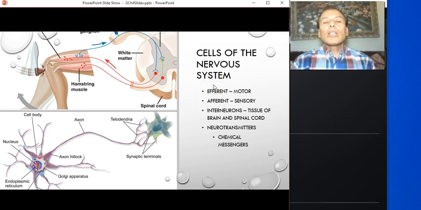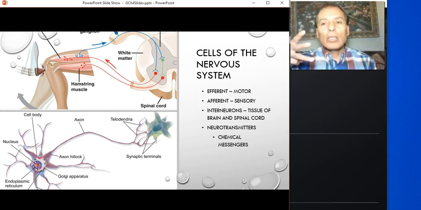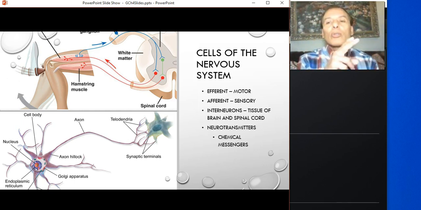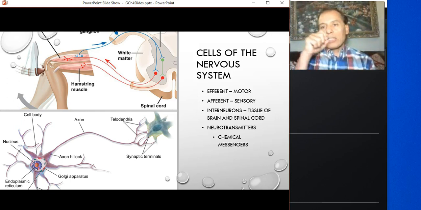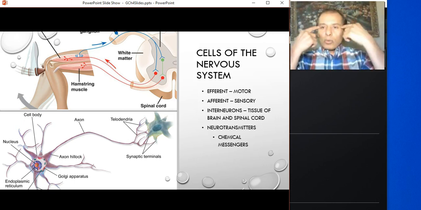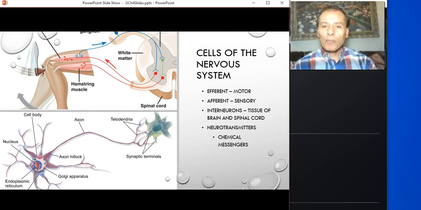The nervous system generally is made out of three kinds of neurons based on function. Remember, function means physiology. Any neuron in the nervous system can be one of three. Number one, it can be a motor neuron to move things. Number two, another kind is sensory neuron. That is the neuron that brings signals from the body, from outside of the body or inside of the body, up to the spinal cord and the brain so that these signals can be processed.